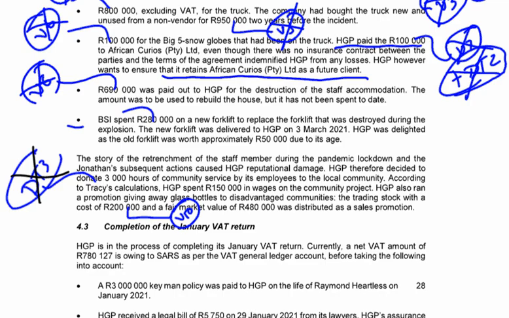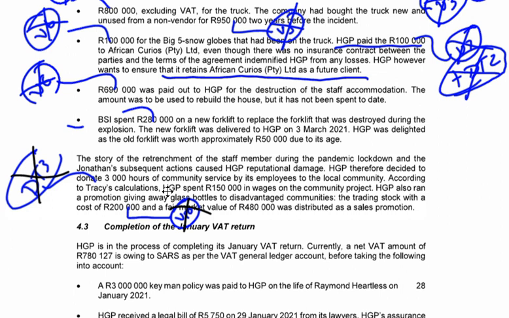And last but not least, we gave away promotional stock to disadvantaged communities at a cost of 200 and a market value of 480, distributed as a sales promotion. When we sell promotional material, there's actually a sale at zero value here. We're doing it as part of a promotion to promote our business itself. What happens with that? It's section 10(23) of the Act. And what's going to happen, guys? That will be zero on the transaction because supplies for no consideration for business purposes have zero VAT on them,